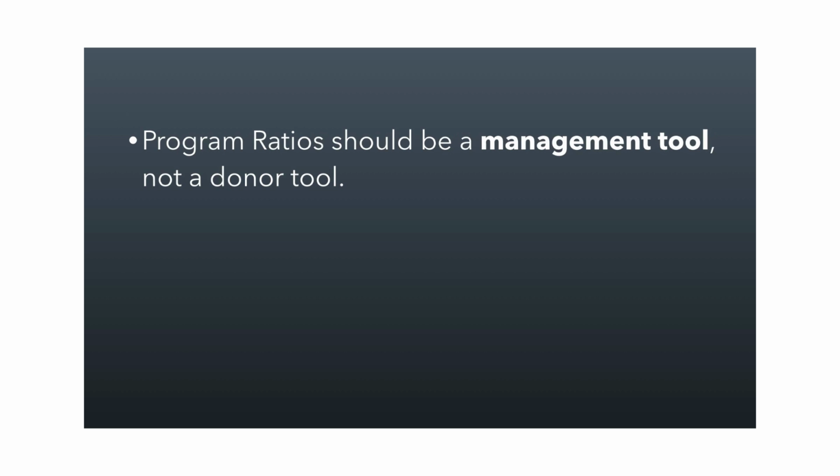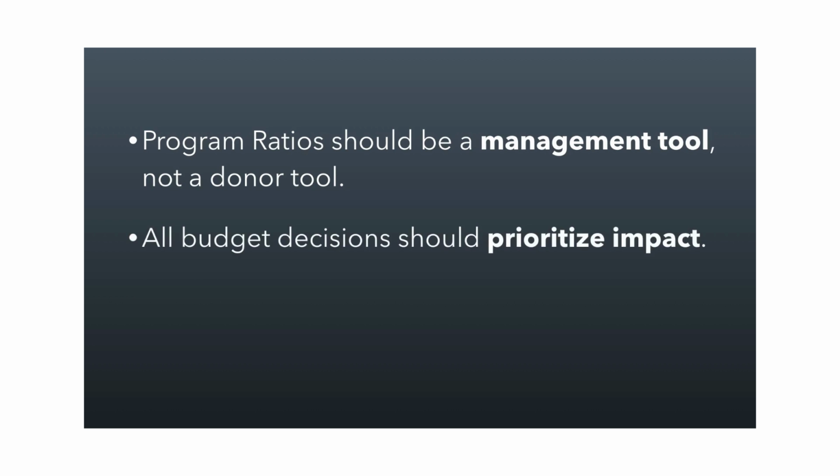But the reality is that managers should be using program ratios all the time, because managers can use these to help them make budget decisions, and those budget decisions should always be prioritizing impact. But if you're thinking to yourself, okay, should we be spending more on administrative right now to increase our impact, or should we be spending more on programs to increase our impact? That's the right way to think about it, and that's where a program ratio helps you understand better what you might need to do. But again, to emphasize, you shouldn't be doing it so you sort of look pretty,